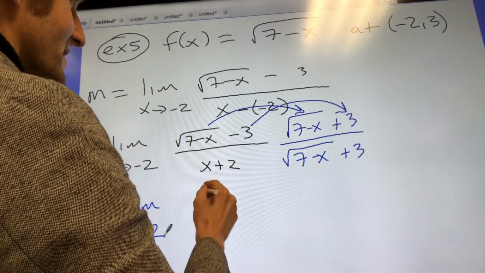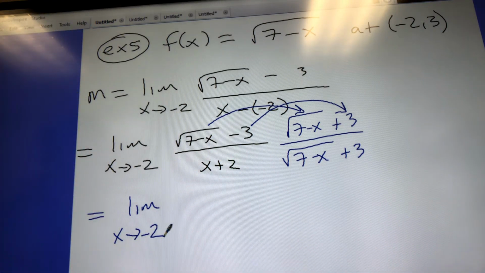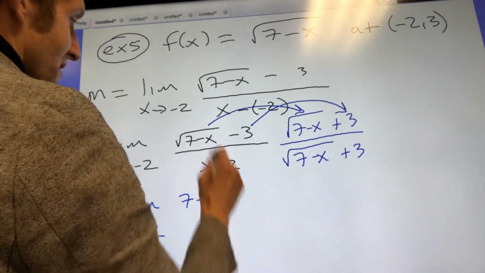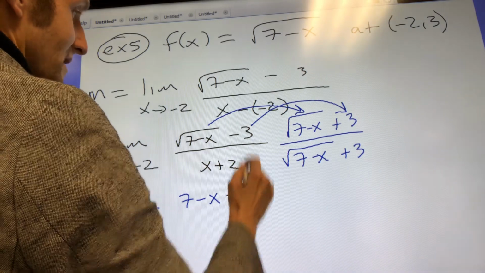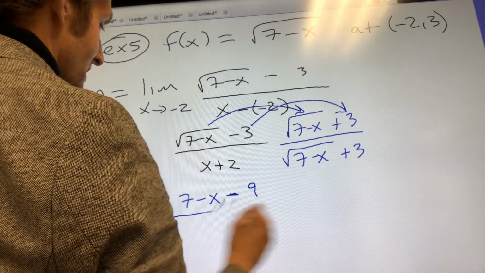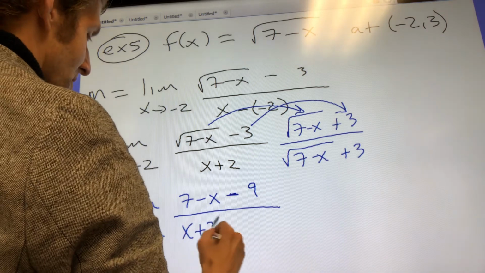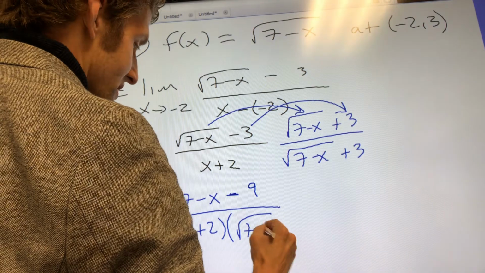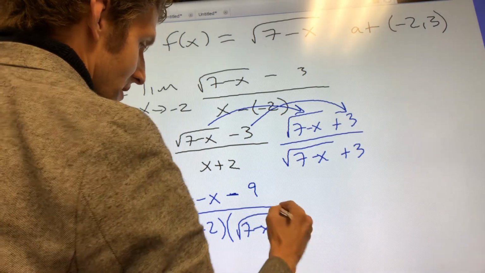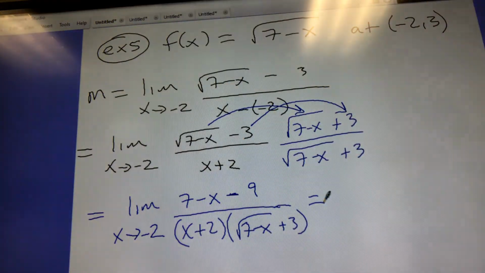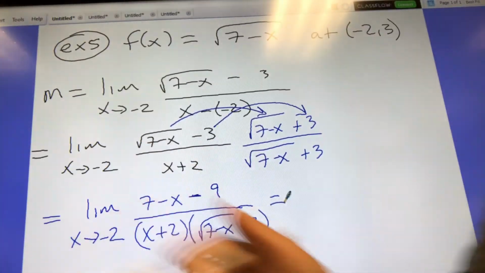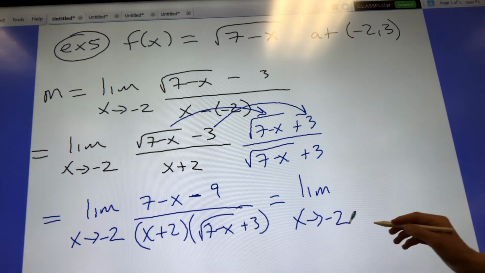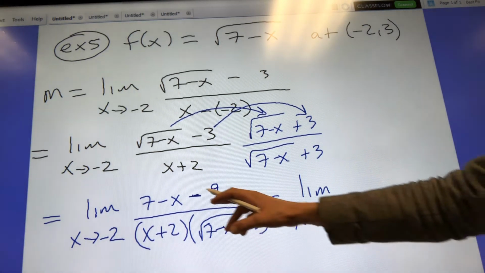Let me make sure you plug in negative 2, you get 3. All right, we should be good here. You're going to have 7 minus x, or root times itself, minus 3 times 3 is 9, divided by x plus 2 times root 7 minus x plus 3. All right, so the limit as x goes to negative 2 of